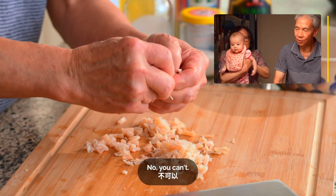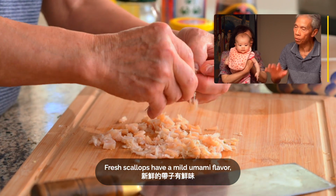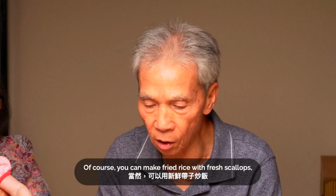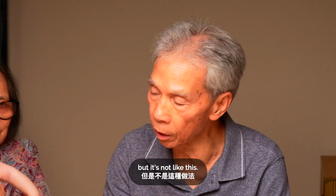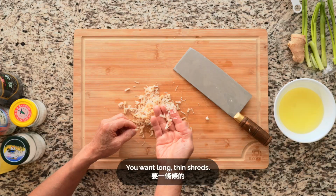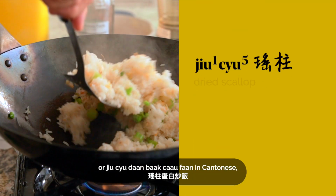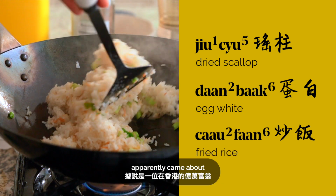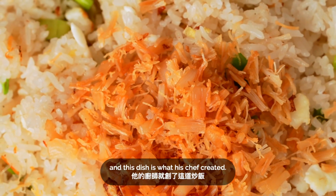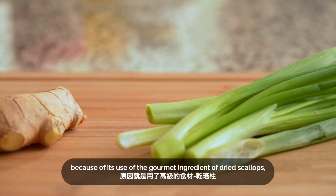Dried scallop and egg white fried rice, or yu chu dan bak tao fan in Cantonese, apparently came about when a Hong Kong billionaire wanted to eat healthier, and this dish is what a chef created. With just a few ingredients, this dish is often served at Chinese banquets because of its use of the gourmet